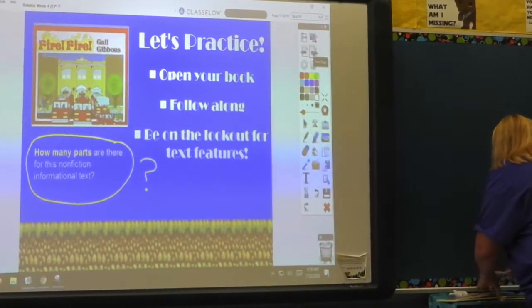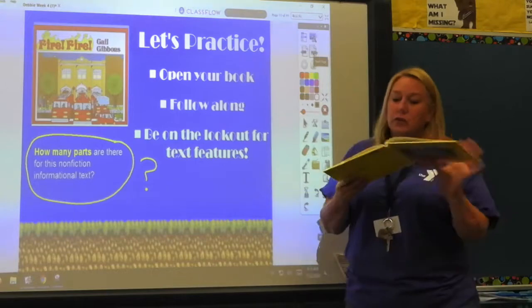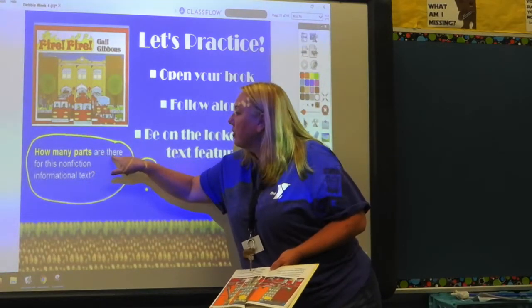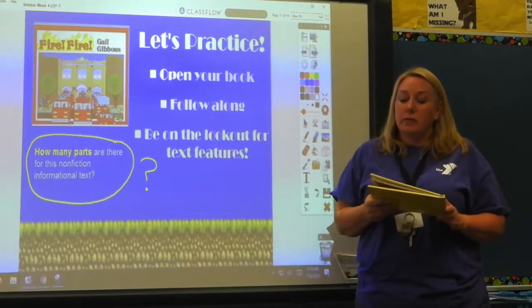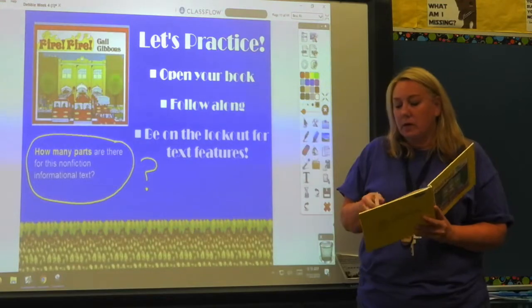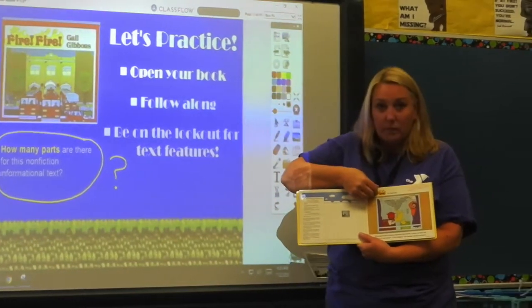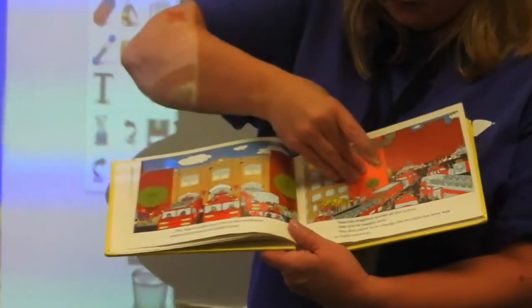All right, so we're going to practice. So you've got your book in front of you, and you're going to work with me. Oh, I have a question. How many parts are there for this nonfiction informational text? Remember, we've got to look for headings. So let's check it out. We know that the first heading says, in the city. In the city. All right. And our next heading says,